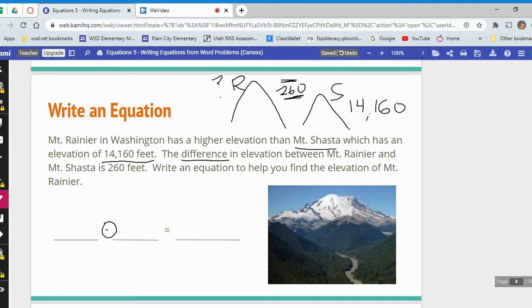We don't know Mount Rainier. So think about this. If I knew, and I'm going to use an R for Mount Rainier, and I take away that 260, I'm going to be down here to Shasta, and I know what Shasta is. Mount Shasta is